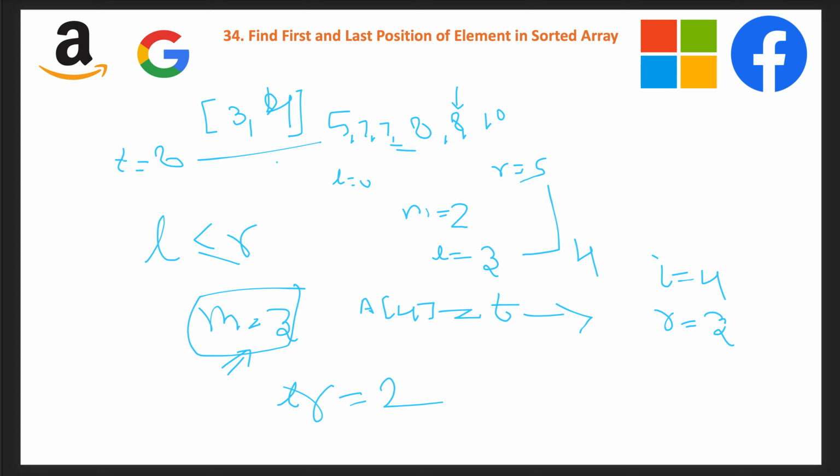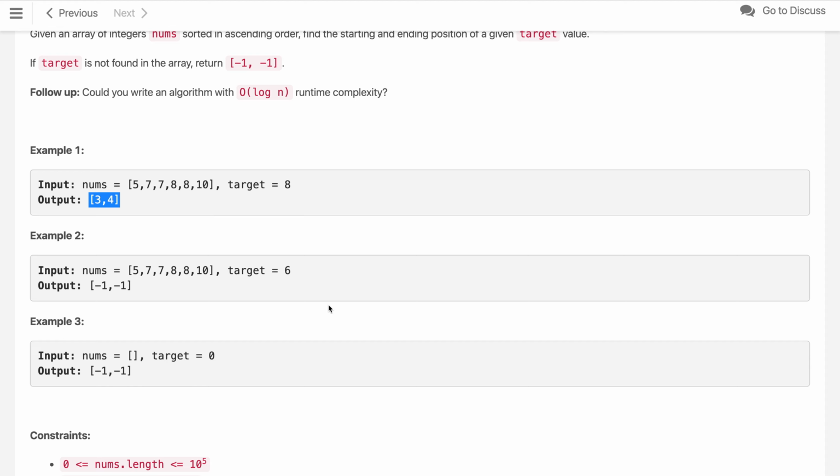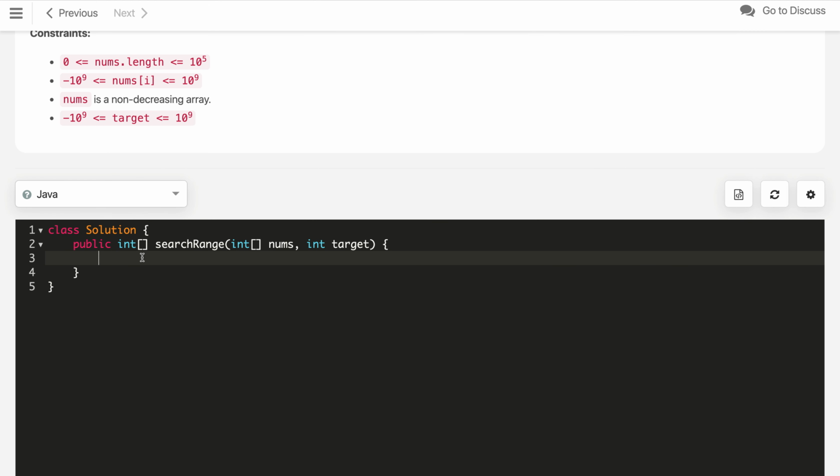You can pause the video and try to code it yourself first. So let us quickly jump in and start the binary search code. I will write my helper method, binary search. Let me first note down my left index from the binary search, and I will pass my nums, target, and the left bias as true.